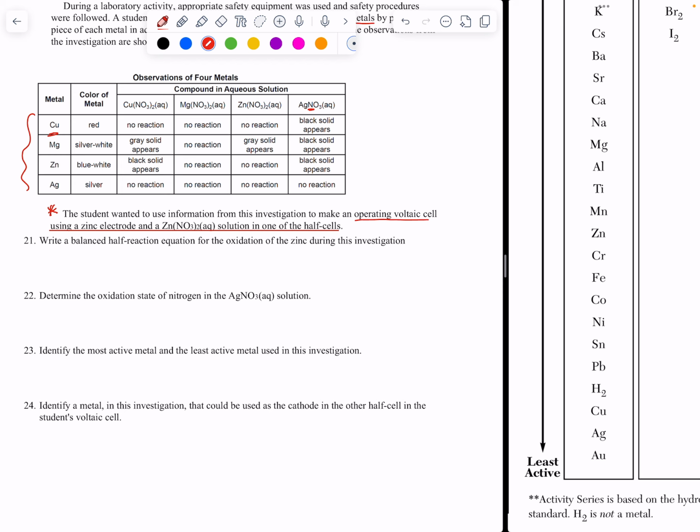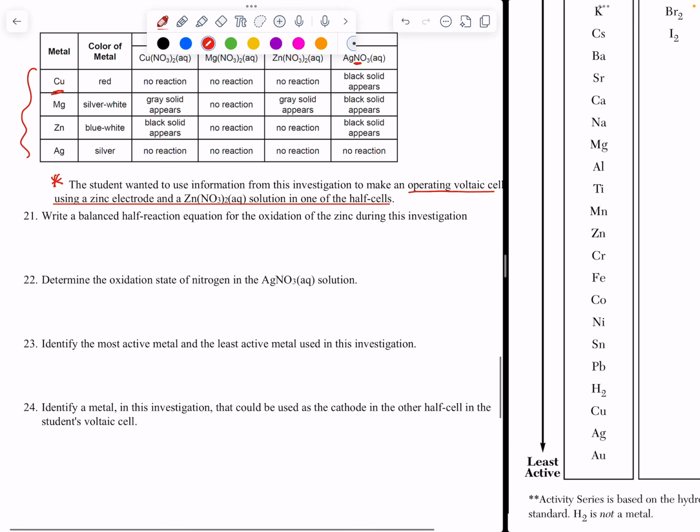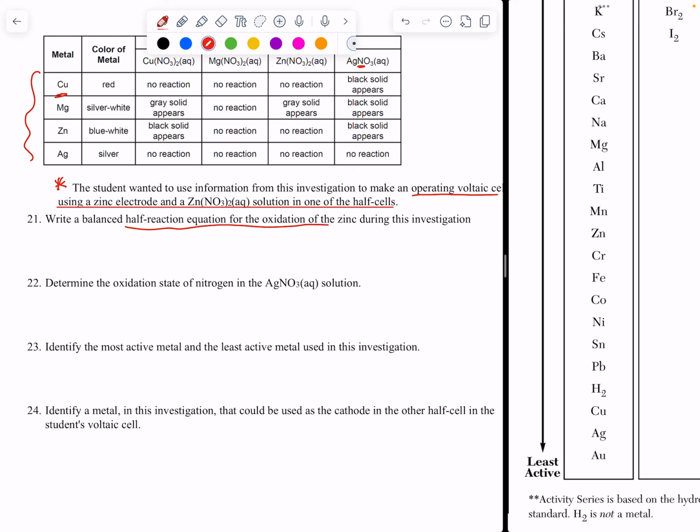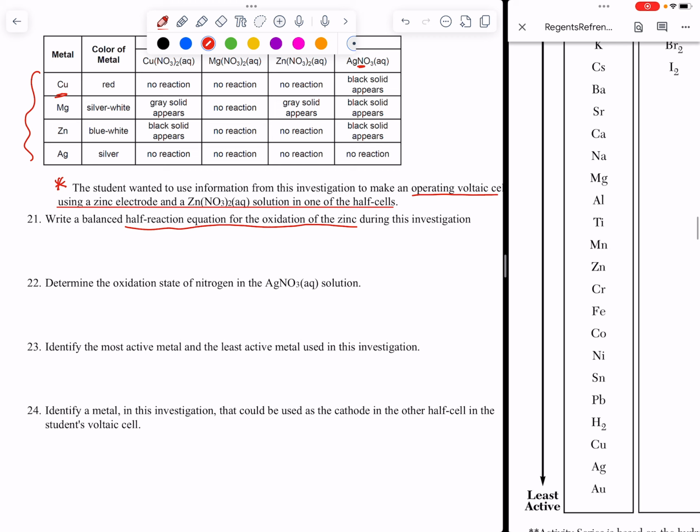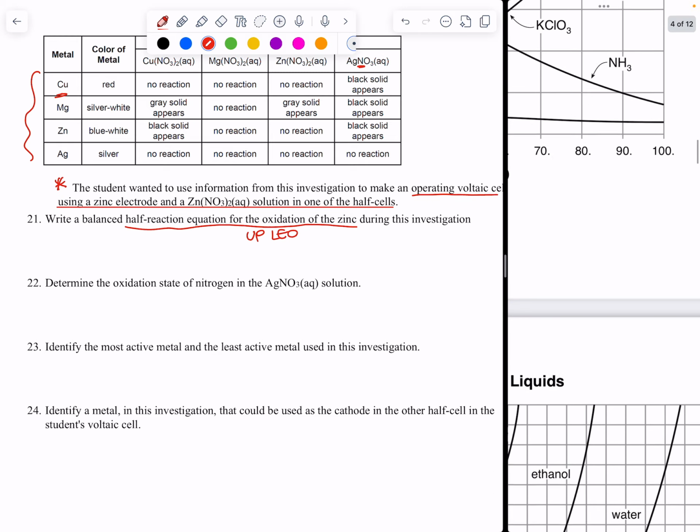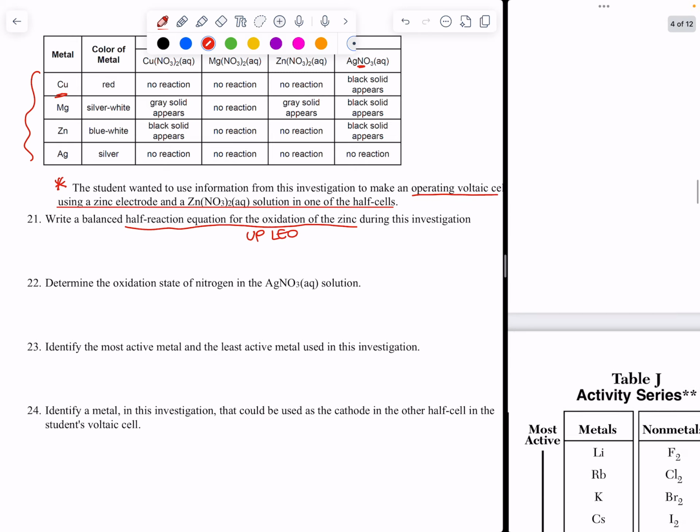Well, guys, this question stumped a lot of people. It doesn't really matter about the investigation again, as long as you are paying attention to what they're saying. And what they're saying is the half reaction for the oxidation of zinc. So, zinc. How do I figure out how to start with that? Well, I know oxidation means losing electrons, and I know what's up, Leo, so I know the oxidation number must be going up. Now, to figure out what exactly is happening, I'm going to go to my periodic table, and